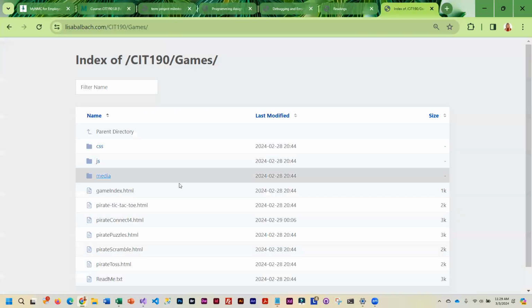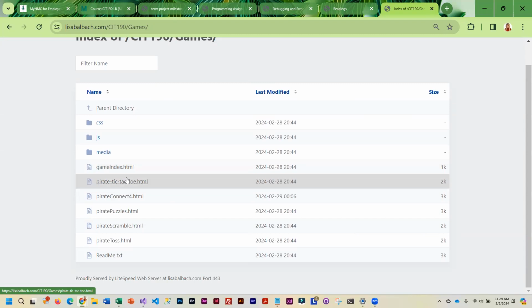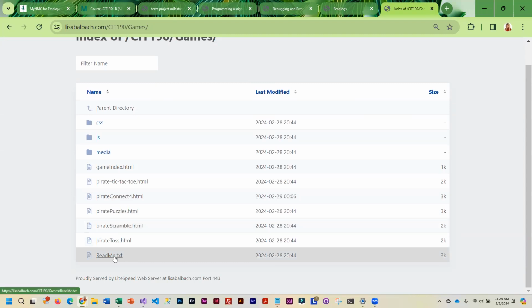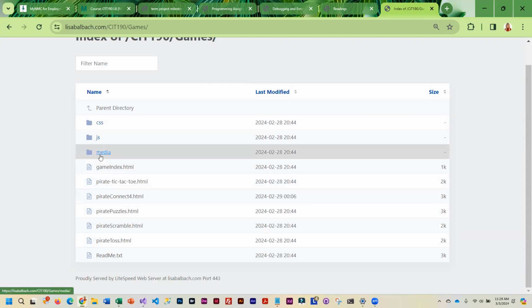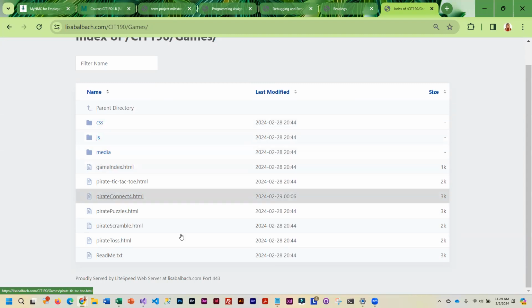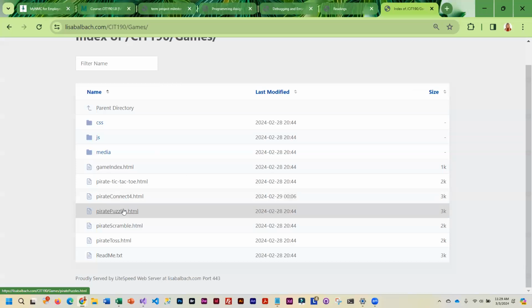So I did the one main folder. You can see that this is my main game page, and then I've got my different games. I also included the README text, which includes all the information for all the games. And then I've got media.js and CSS. Now you could set it up like this,